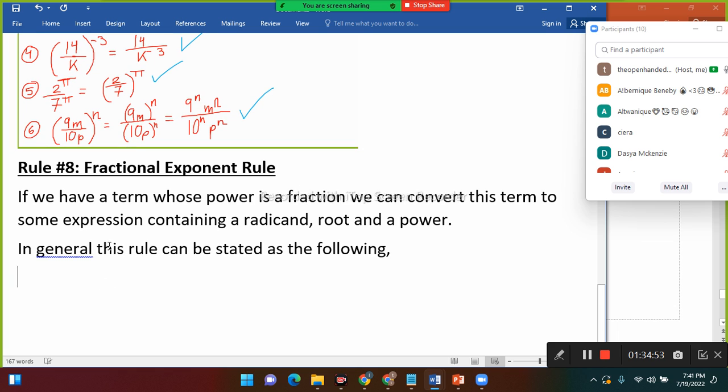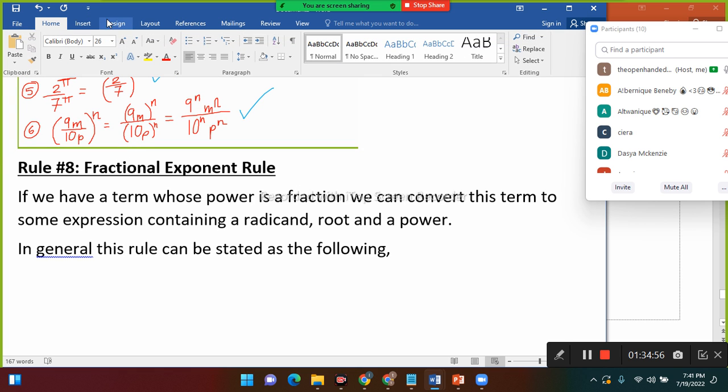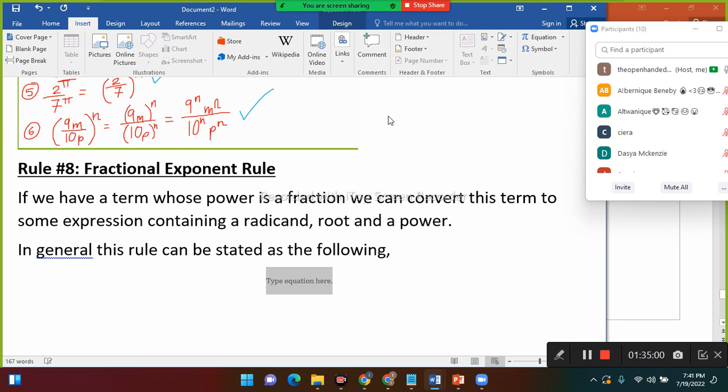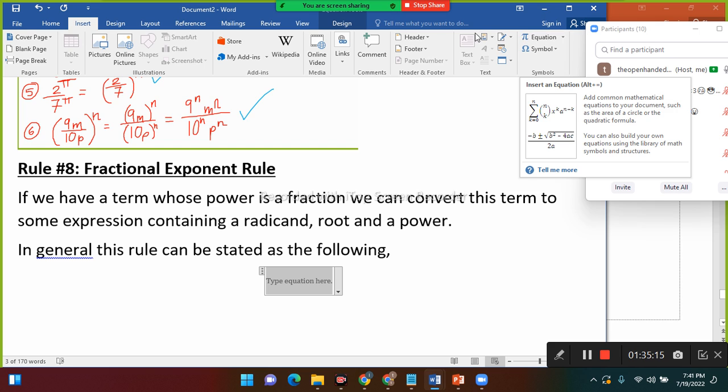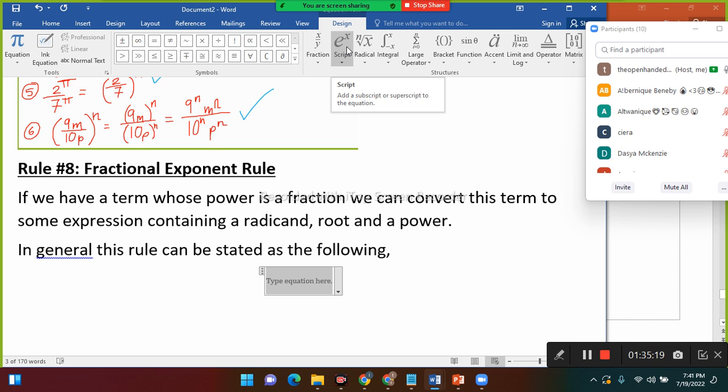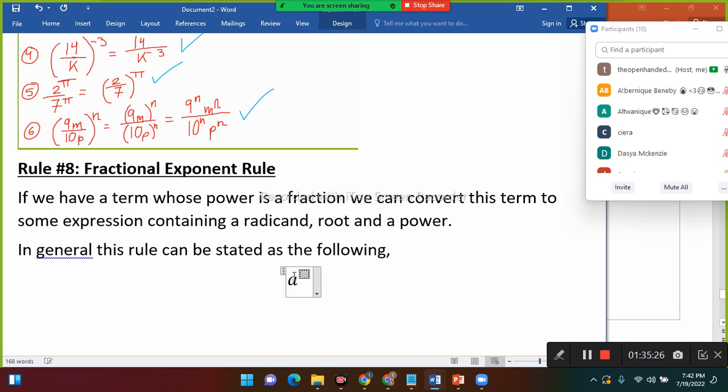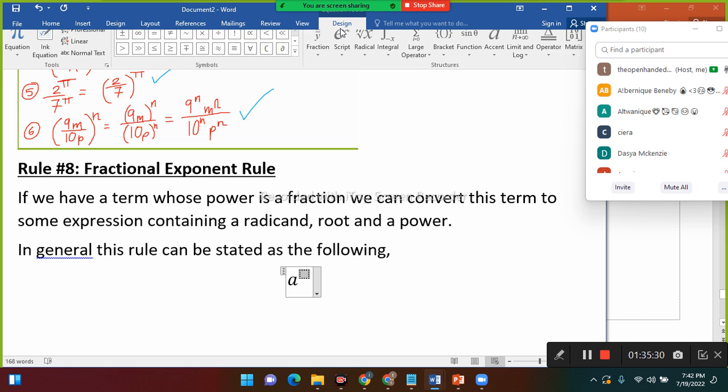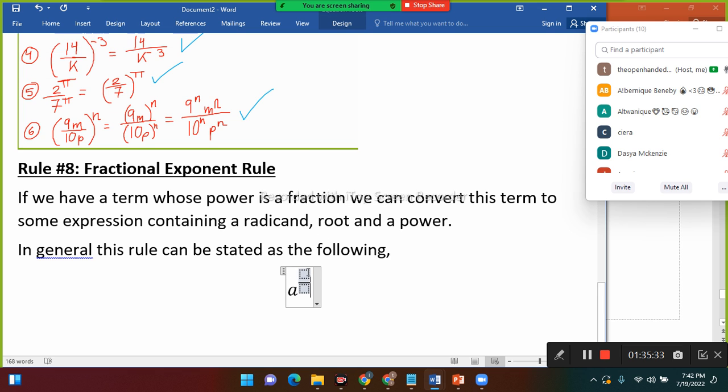If we have a term, say a, and we raise it to the power of a fraction, and let's say the fraction is x over y, so we can write that as a to the power of x over y. So we can write that as